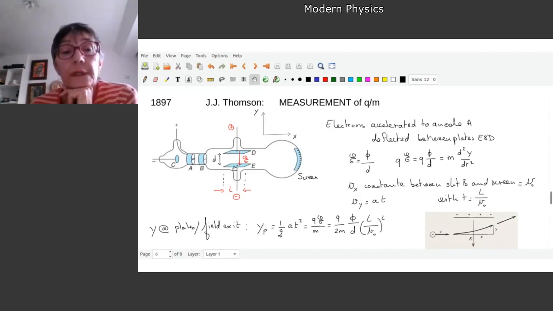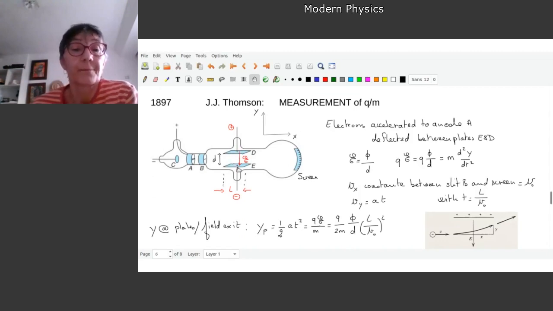So if you don't put any electric field between these plates, they will go, and you will have some regular trace here. And so he put some